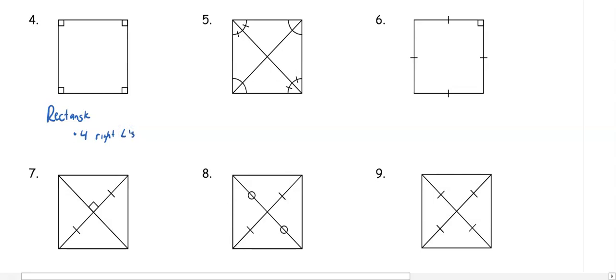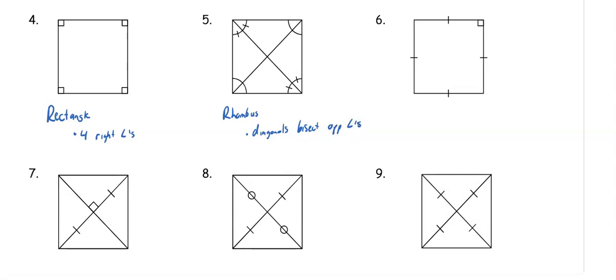In number 5, we have a shape with diagonals, and they are bisecting the opposite angles. So the first shape that has that property is a rhombus. And our reason is because diagonals bisect the opposite angles. Number 6, we have 4 congruent sides because they all have the same tick mark and